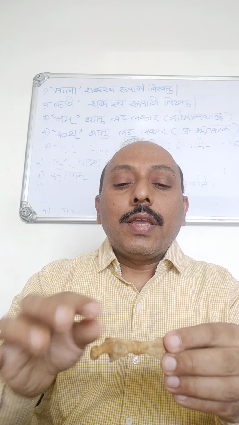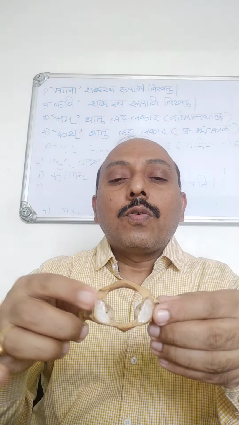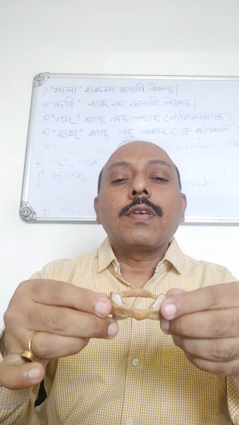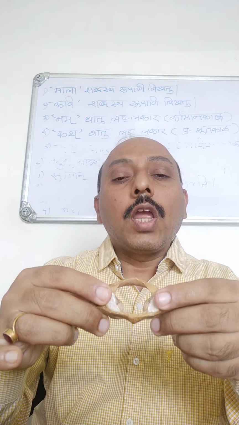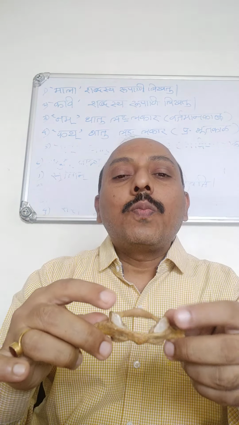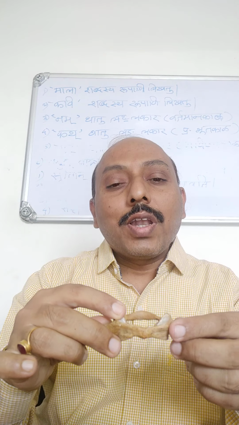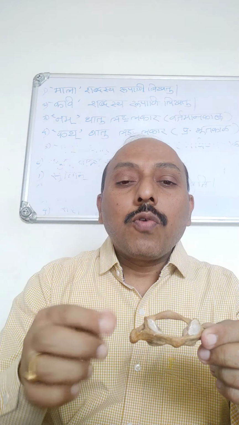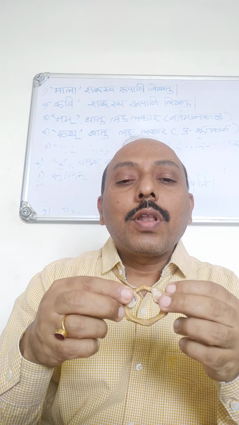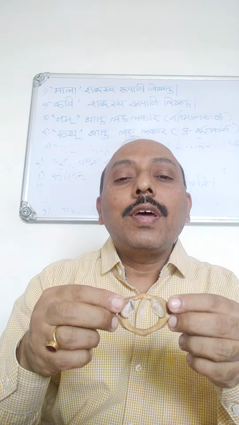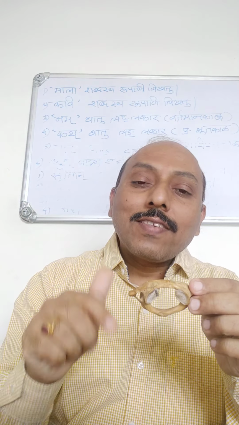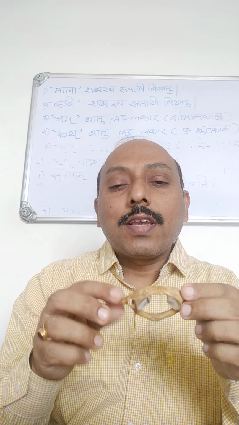Now bilaterally there are the lateral masses, which carry the superior articular facets and inferior articular facets. The superior articular facets are elongated and the inferior are circular or rounded. The superior articular facet articulates with the occipital condyle to form the atlanto-occipital joint, while the inferior articular facets articulate with the superior articular facets of the axis to form the atlanto-axial joint.